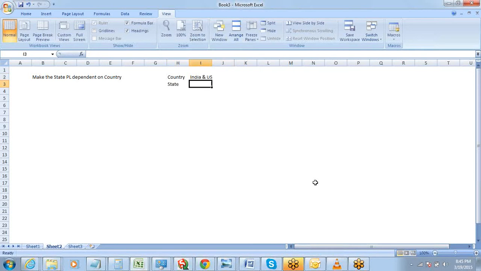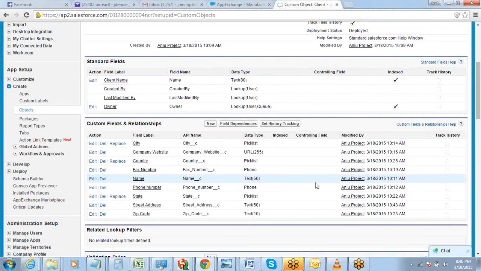For state, I will have something here, and from India I will have, let's say, Delhi, Karnataka, Maharashtra. That's it. So I will have 3 states from US and 3 from India. Let me just correct the data that way.